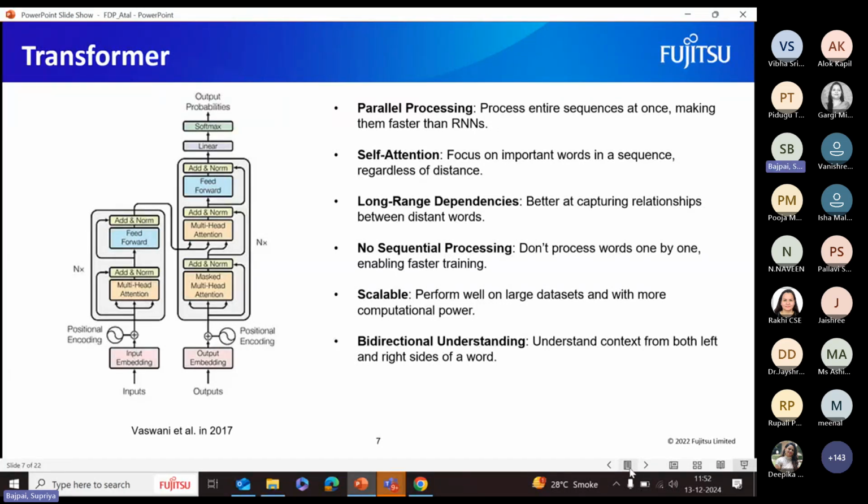So if you have a long sentence, a transformer can still connect the dots between words that are very far away from each other, like cat and sat, even if there is a very large number of words in between. The important thing is that a transformer doesn't need to process each and every word one by one. They can process everything in parallel. This means they can work faster and more efficiently. RNNs, on the other hand, go step by step, which takes a lot of time, especially with long sequences.